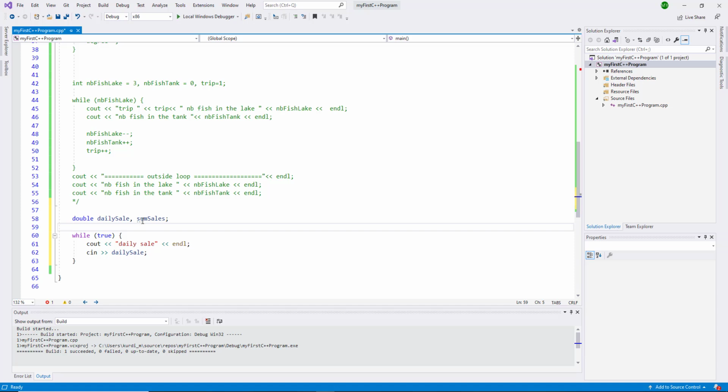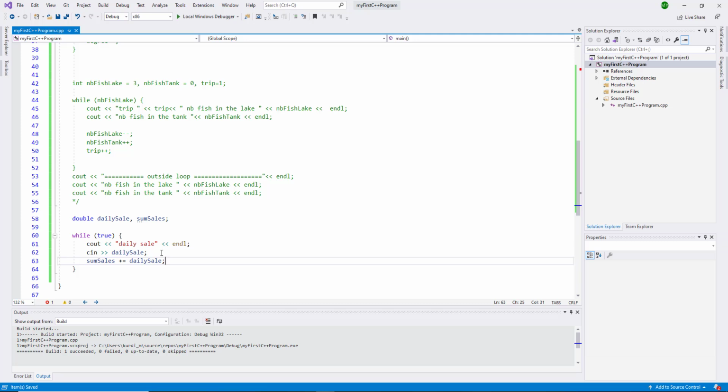So I keep looping infinitely, and every time I take the number of sales, and every time I will do sum sales plus equal daily sale. So this is a situation where I can have a theoretical infinite number of